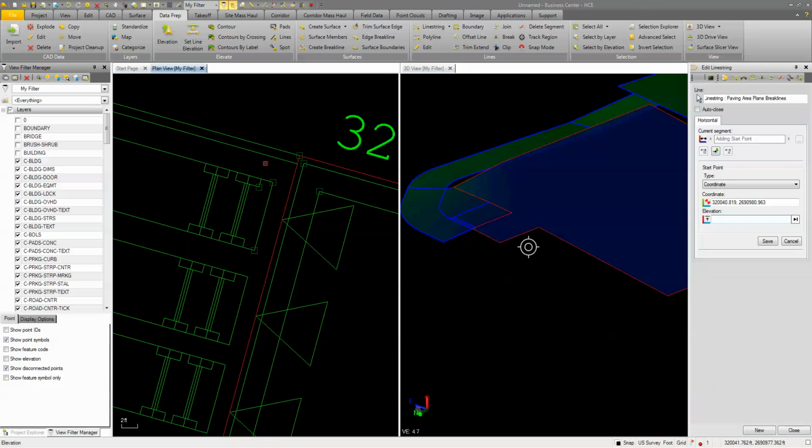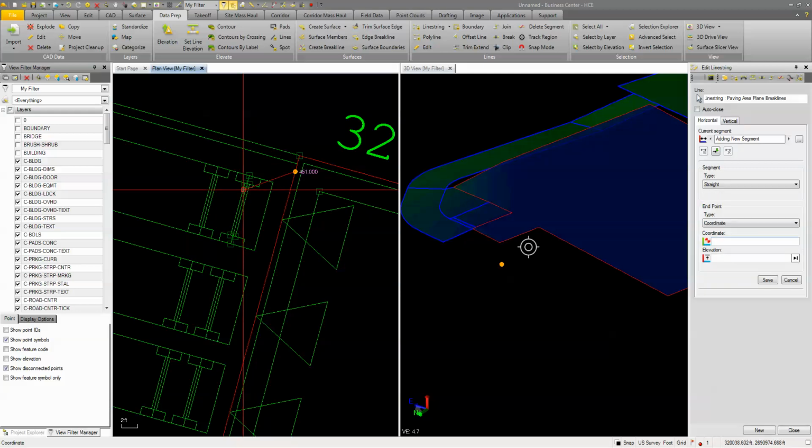Now for the elevation, we want to be 4 feet lower from the finished floor. So if our finished floor is 455, we could put a -4, or we could just simply type in 451. I'm going to do that, click save, and it starts our point there. Now we're going to go